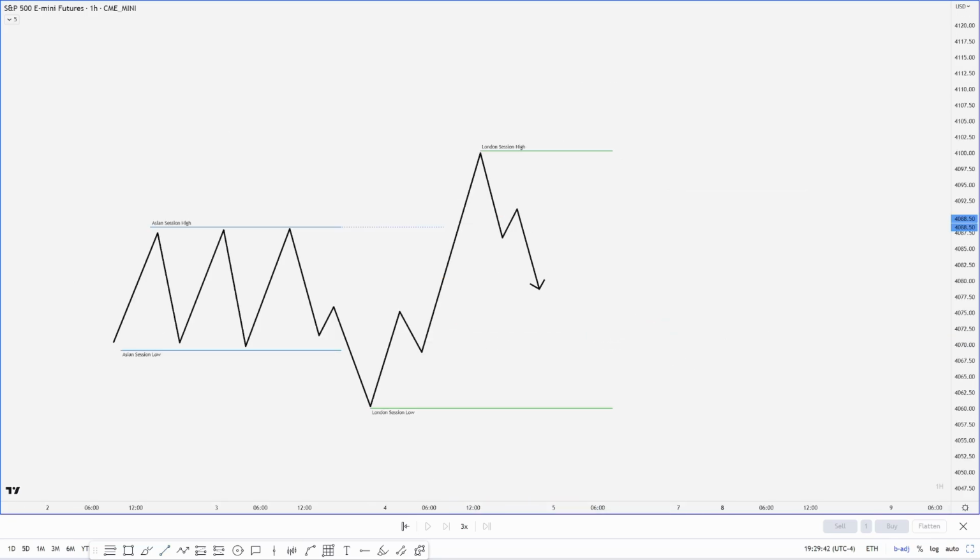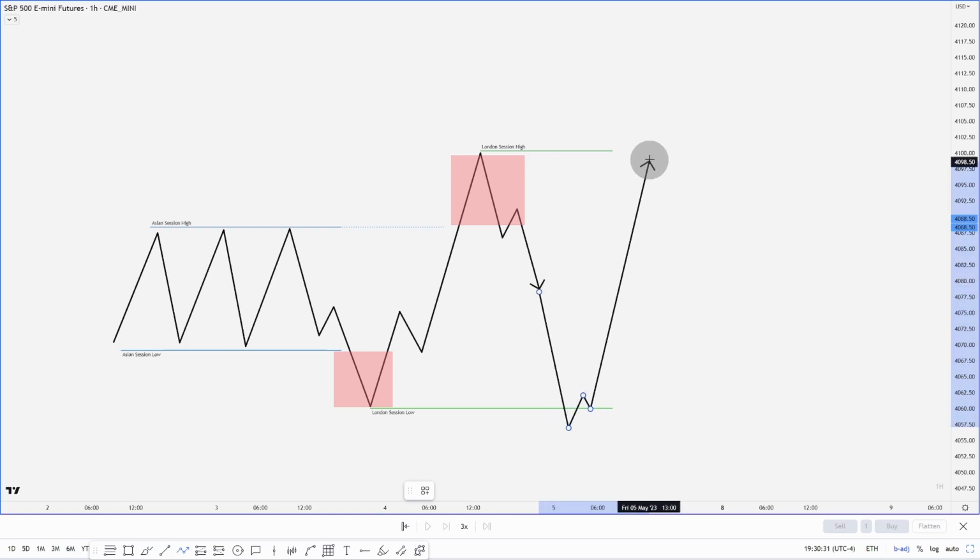So what do I look for on a daily basis that may give me an indication that a seek and destroy pattern may occur throughout the day? I look for London session to take the high and the low of the Asian range. And what this does is it creates a deviation on both sides of the range. What I can expect for the New York AM session is either consolidation or for London session low and high to be targeted.